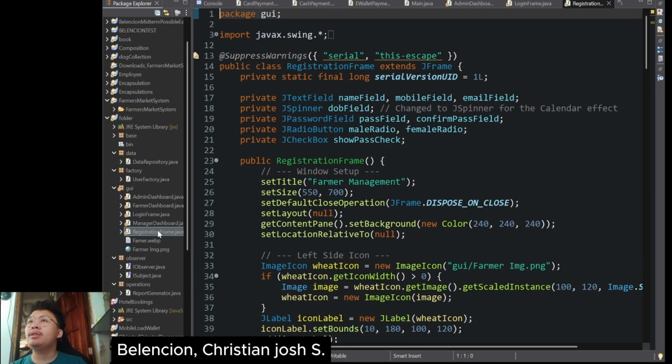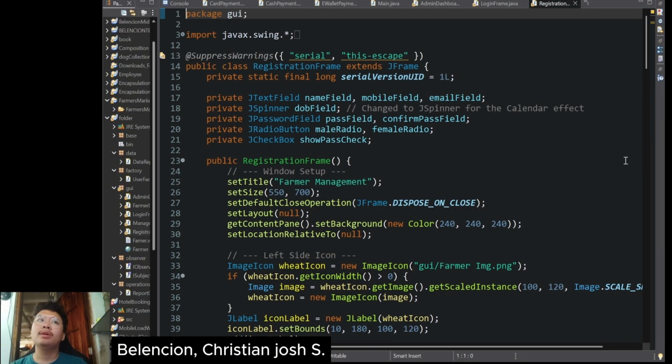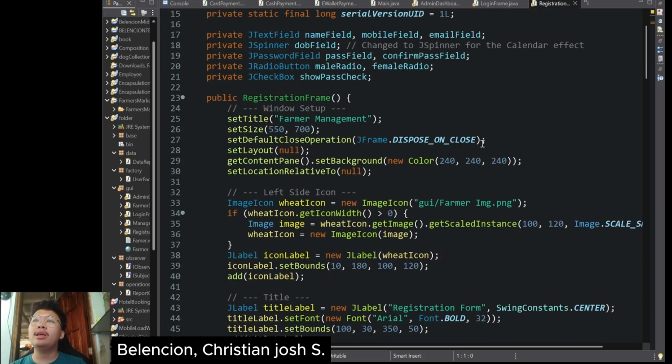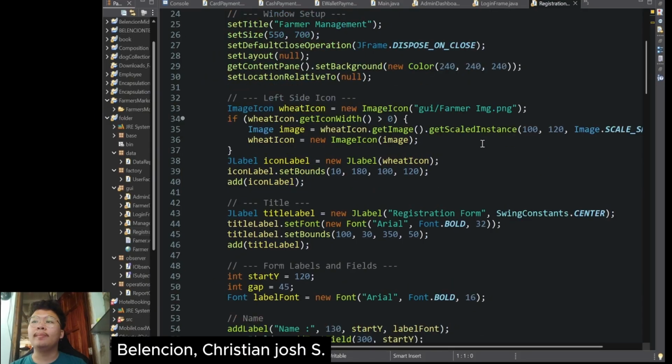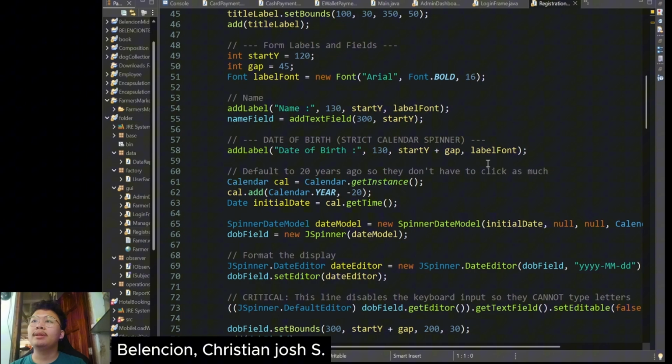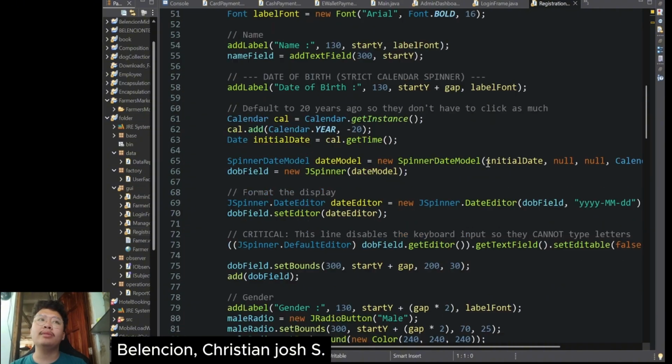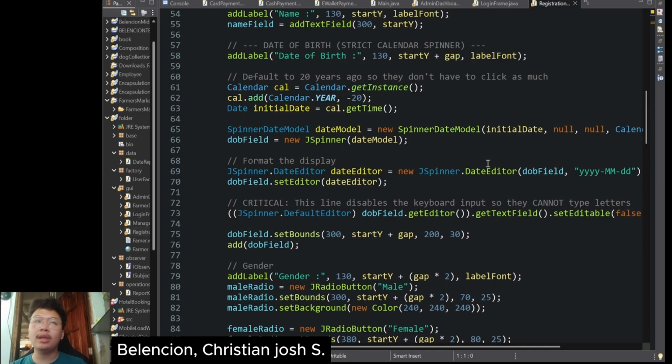The registration page is responsible for creating new user accounts. In the code, it also creates a window with text fields where the user can enter the required information such as username, password, and other needed details depending on the system.